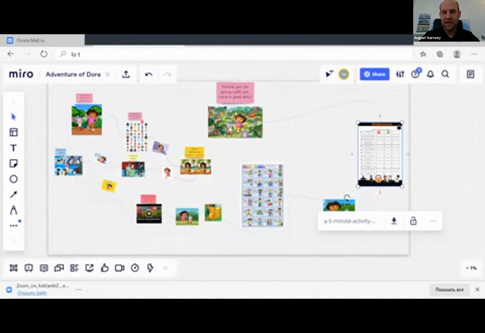Right. Thank you, Akmaral. So that was a great example of being able to use it even for young learners. Again, in Miro, everything can be done in real time. All the learners can participate at the same time.